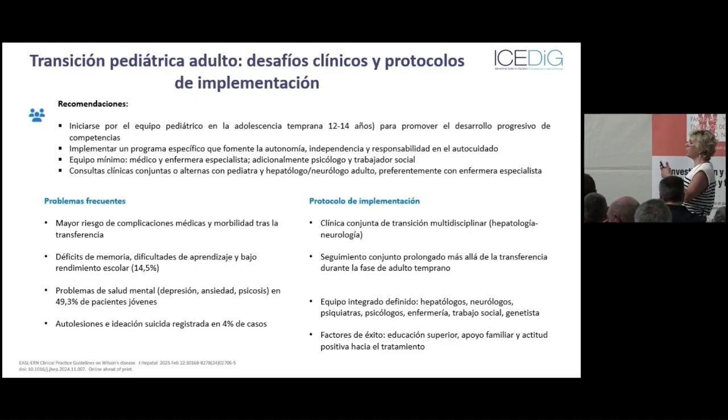In between, at that age, we will finalize the transition and move to adulthood. So implement specific programs that promote autonomy, multidisciplinary teams, and also joint or alternating clinical consultations with